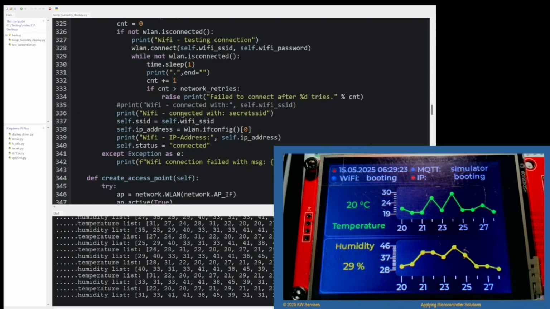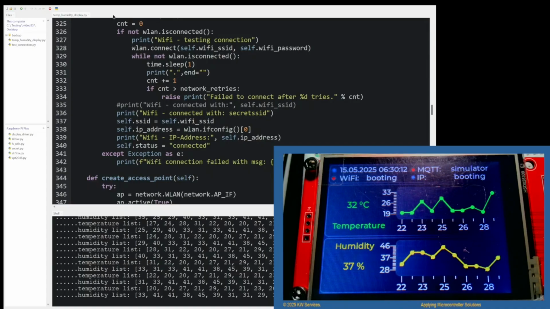Then there's a bunch of code here that would display the connection information to the screen. I've replaced that with the command connect it with secret SSID so that nobody would see somebody else's actual wireless device. Okay, so we're currently going to stop the program